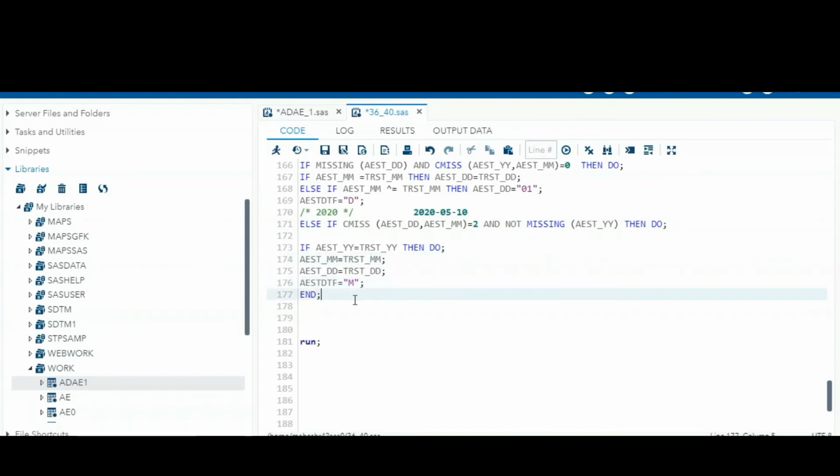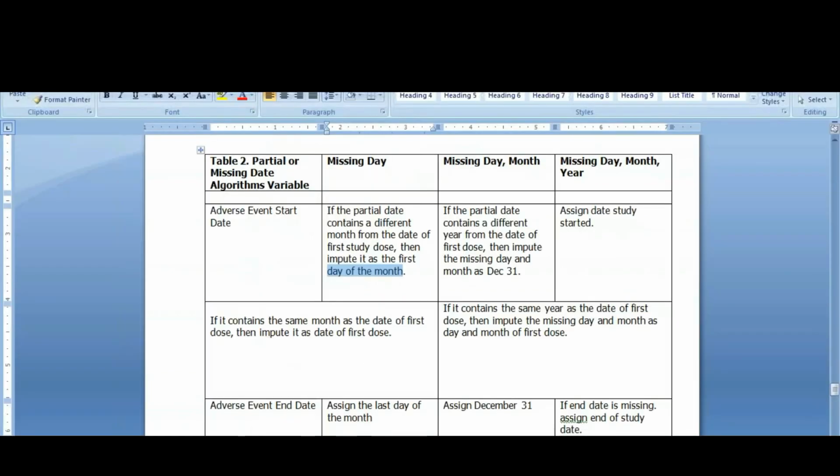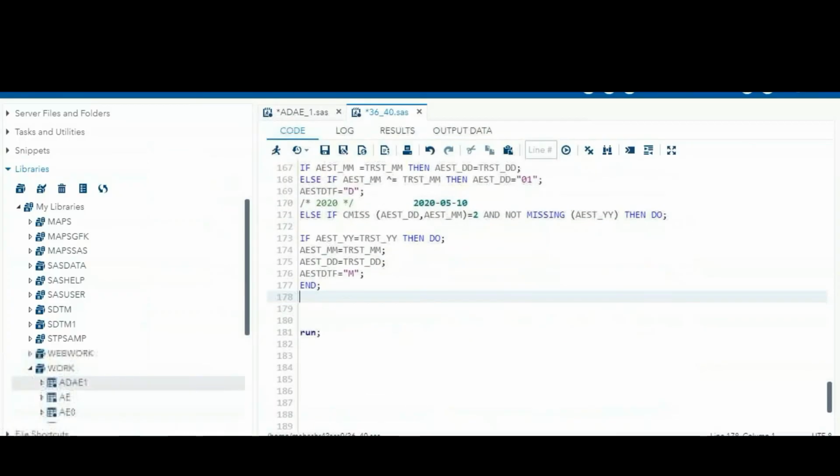So replacing, M. For example, that condition you can see: if day and month are both missing, if the partial date contains a different year from the date of treatment start, then impute the missing day and month as December 31st. So if it is the same, we can take the month and day part from the treatment start.